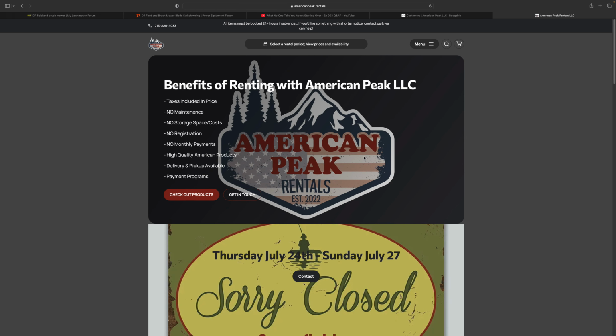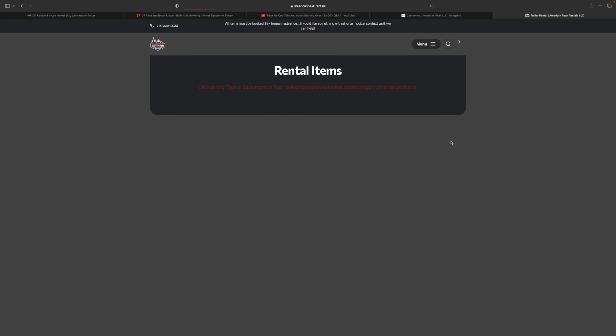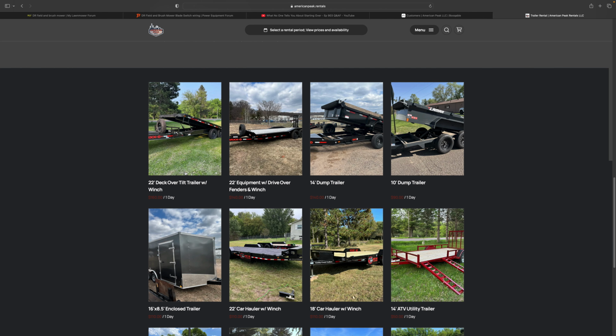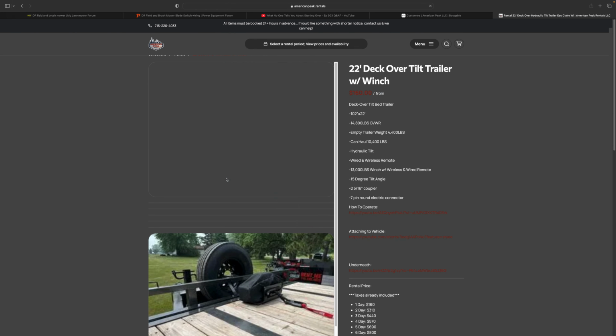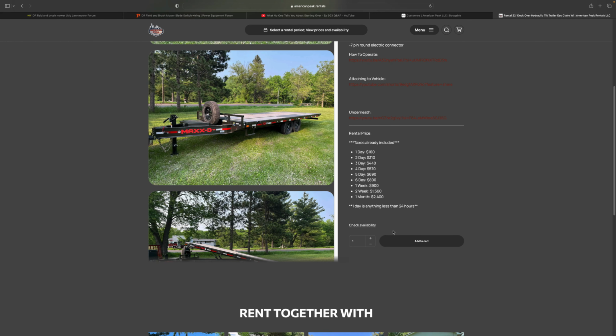So when you want to book something, either right here you can select your rental period, and the prices for every product will automatically update for the exact times that you choose, so that's super nice. Or if you want, you can go to an item, like if we go to the trailer tab here, you can select it there as well. So if we just go down and select this hydraulic deck over tilt, that rental period is still up here,